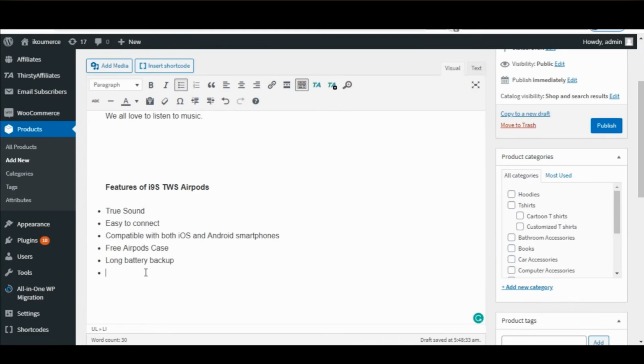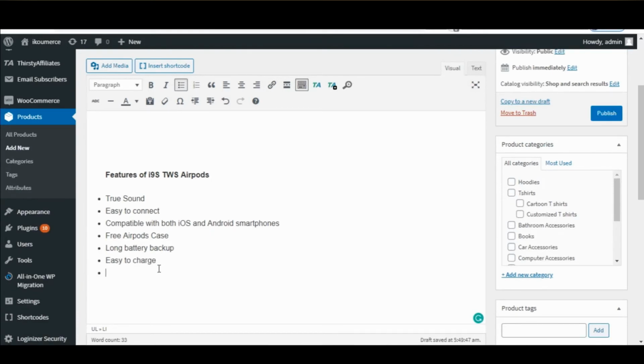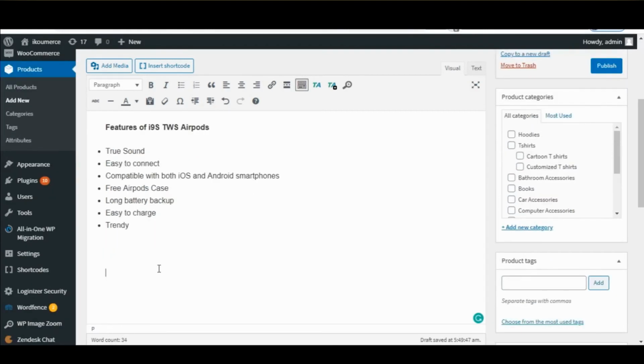So i9s TWS AirPod, they have a very good battery backup. So we will write this as a bulleted point as a feature of the product: long battery backup. And easy to charge. Trendy. And like this, you can add all the points which matches with your product.